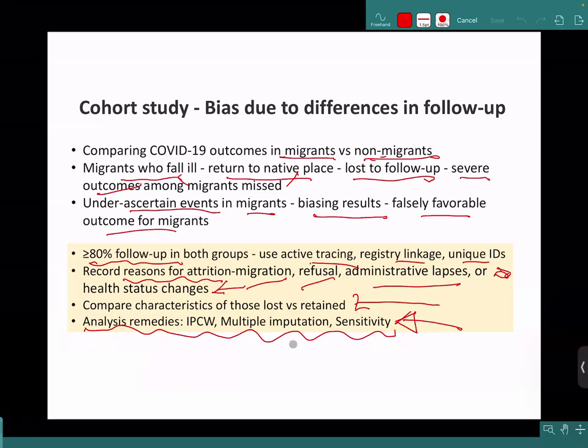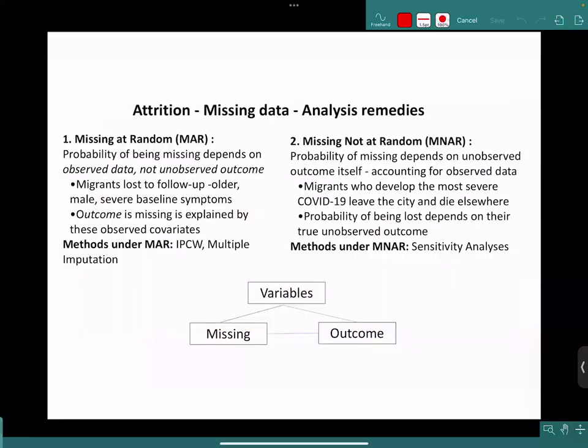No, ma'am. Okay. So now the scenario is that there is loss to follow up. You do not know the outcome data. Now what to do? You are worried that there is some substantial loss to follow up and you do not want to drop or miss out on all of that data. So there are a few things you can do. First thing is to check whether this missing data is missing at random or missing not at random. So you have missing individuals and you have this outcome which you do not know, but you have all the baseline variables which you know.